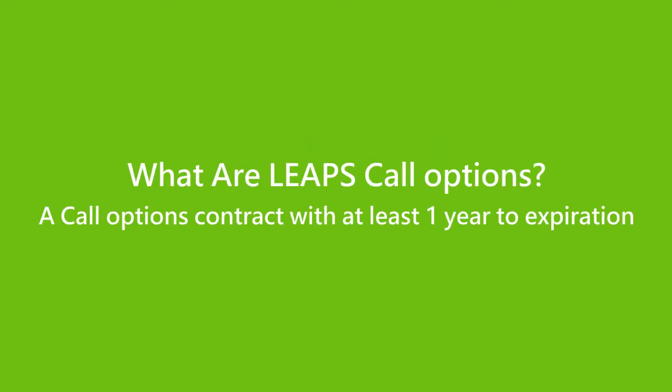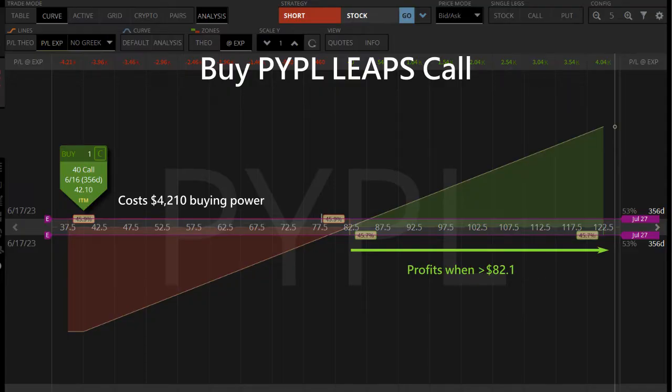LEAPS call options is an options contract with at least 1 year to expiration. A long LEAPS call is a long-term bullish trade with a great return on capital. If we believe the PayPal stock price has reached the bottom and anticipate a bullish trend, we can buy a 90 delta LEAPS call at $40 that expires in a year. The trade requires $4,210 in buying power and will be profitable when the stock price rises beyond $82.1 in a